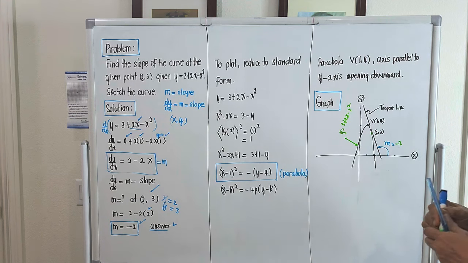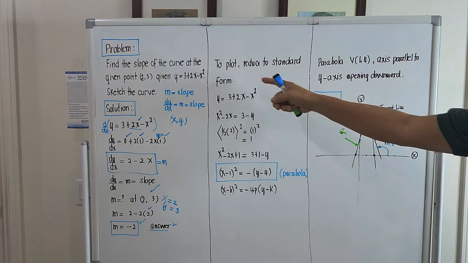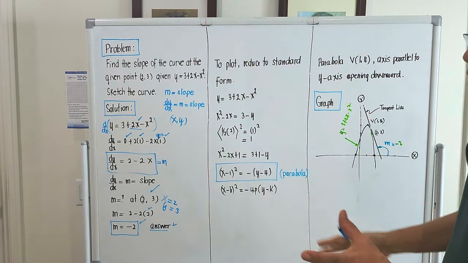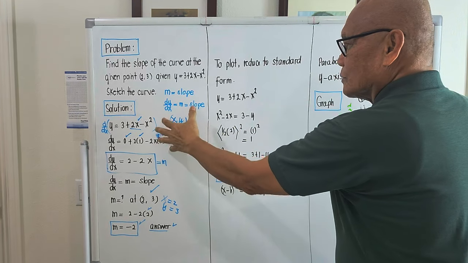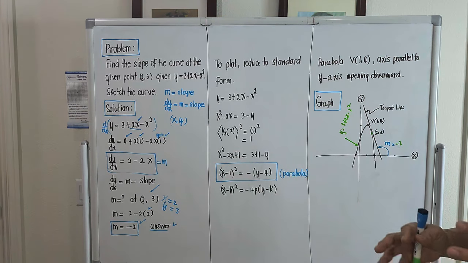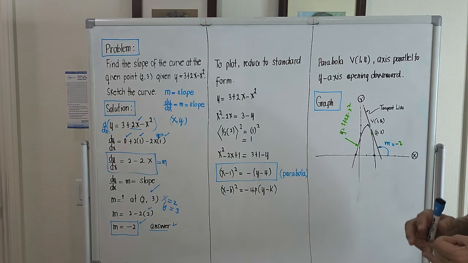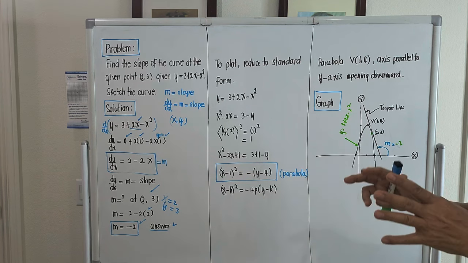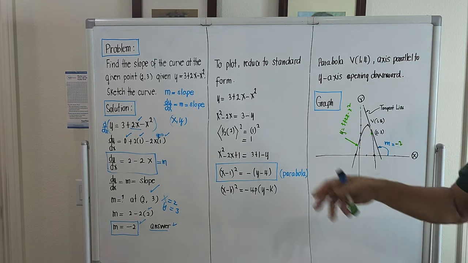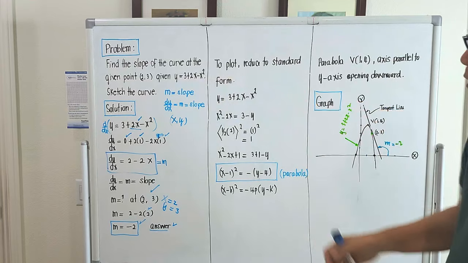To sketch the curve of this one, this now falls under again the study of analytic geometry. To plot the curve, reduce to standard form, meaning we will reduce the given equation to its standard form. Because for the so-called conic section under the study of analytic geometry, there are standard equations in which we could determine if it is a parabola, hyperbola, ellipse, or a circle. So if we try to reduce this one to one of the standard forms, we could determine what kind of equation is the given equation. Okay, so to plot, reduce to standard form, we rewrite it,